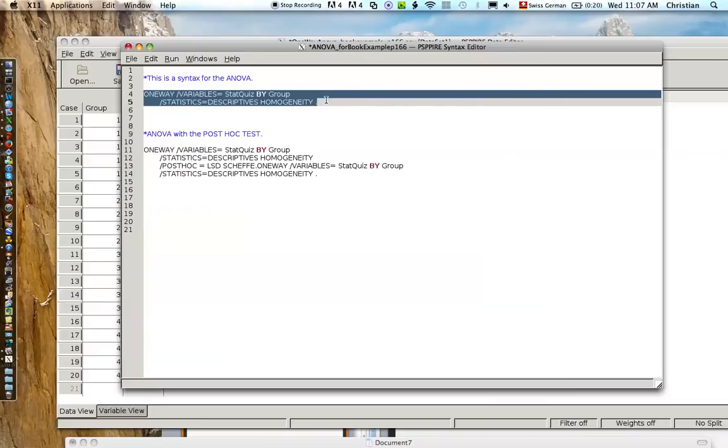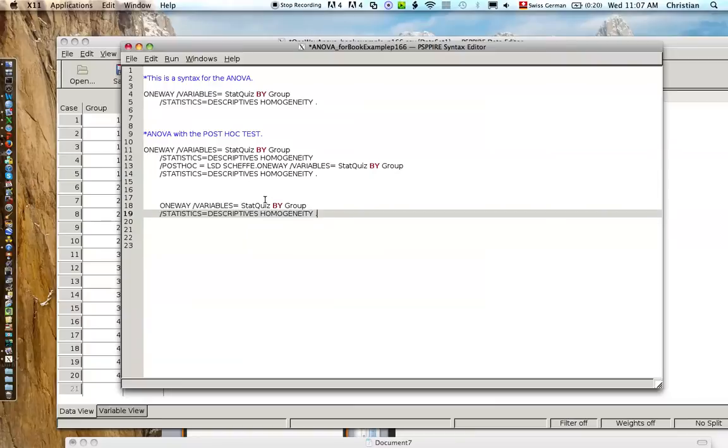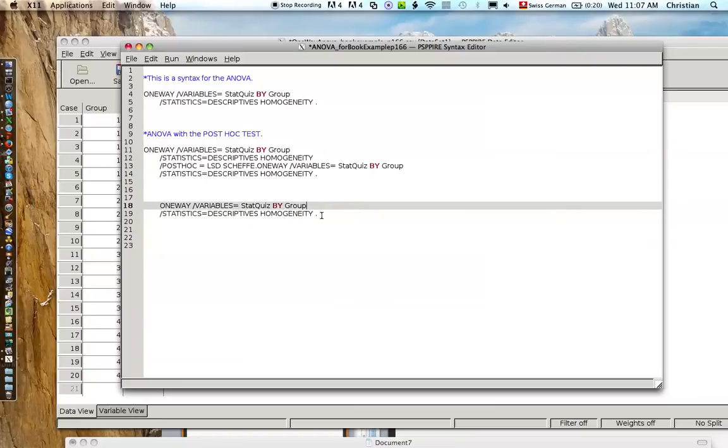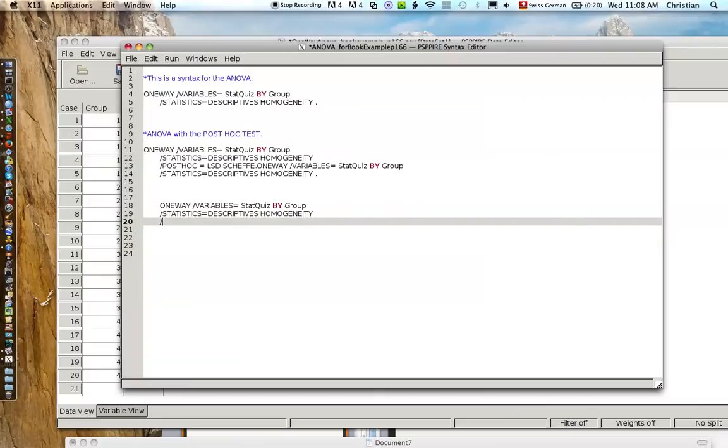Then what you can do is copy it, add it on, and delete this dot. The dot means end or finish to the computer. So whenever the program starts, when it recognizes a word like oneway or t-test, it starts to do the oneway or the t-test, and then it stops when it finally hits a point. So the first thing we want to do is take the point away,